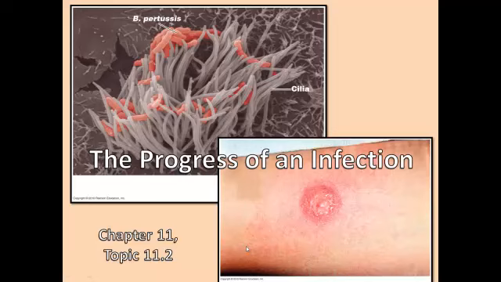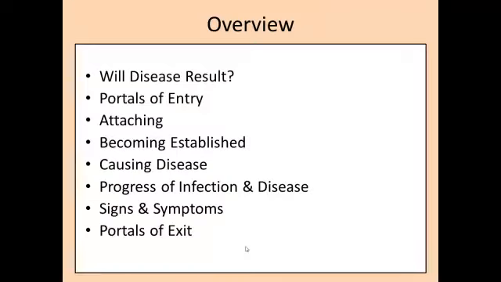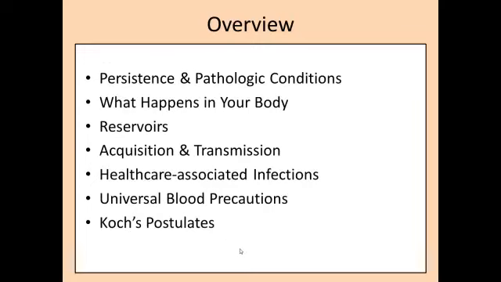Chapter 11, Topic 11.2, The Progress of an Infection. In this topic, we're going to be discussing whether a disease will result or not, given certain situations. We're going to discuss portals of entry, attaching, becoming established, causing disease, progress of infection and disease, signs and symptoms, portals of exit, persistence and pathological conditions, what happens in your body, reservoirs, acquisition and transmission, healthcare-associated infection, universal blood